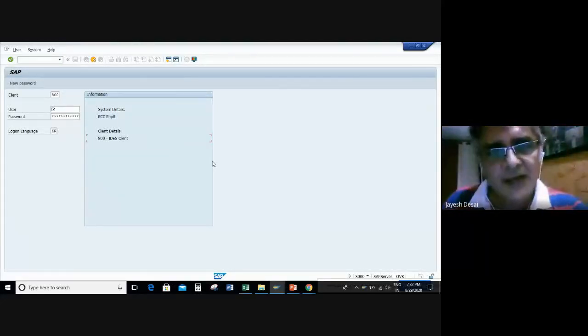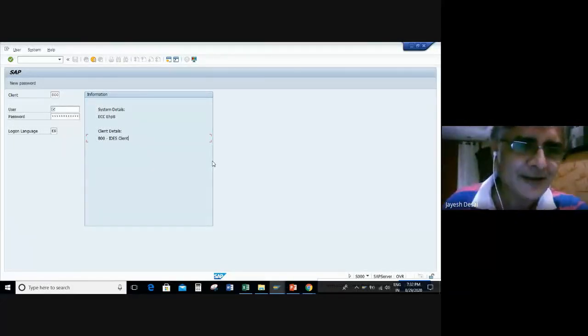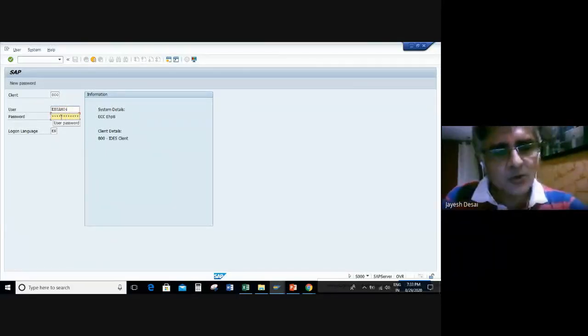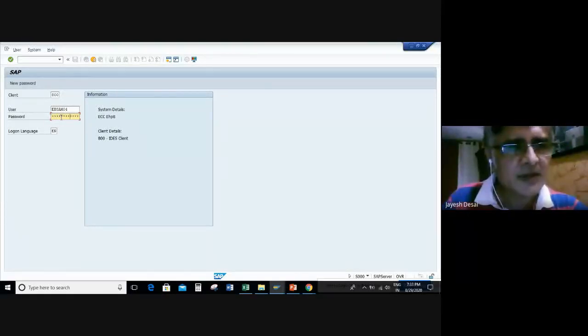The reason why I'm taking ECC, not S4HANA, is because S4HANA will not have any data. SAP has decided that it will not have any data in S4HANA. There are just some data which are user created and it will not give us any insight. So most of it, I think 90% of it is similar in ECC and HANA, except the technical sides. So we can still run ECC and we can learn.